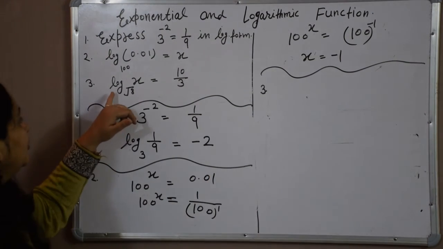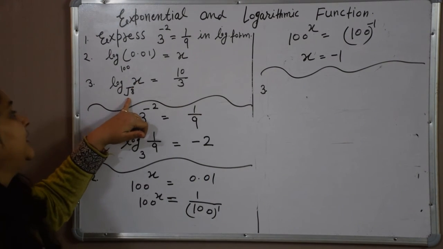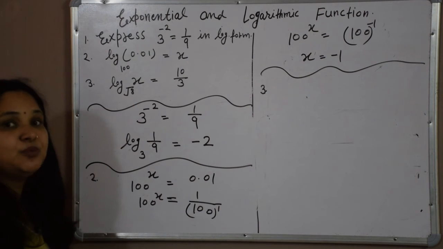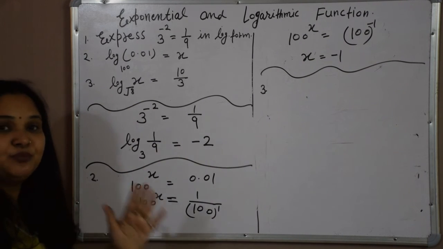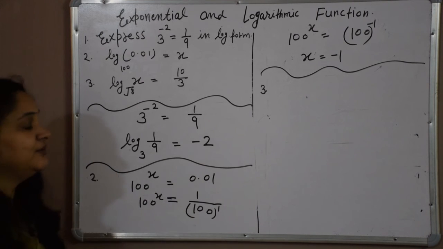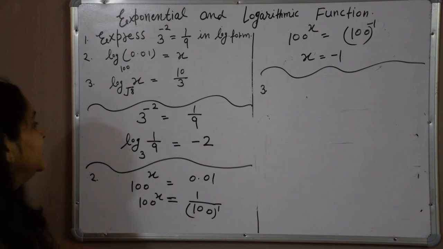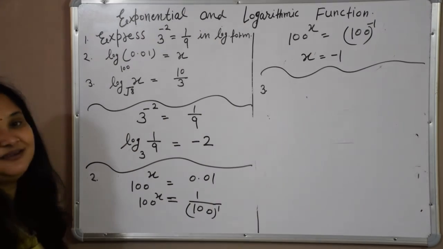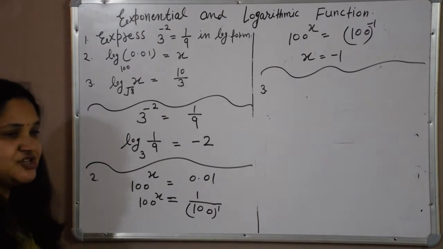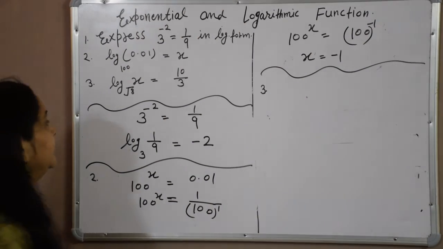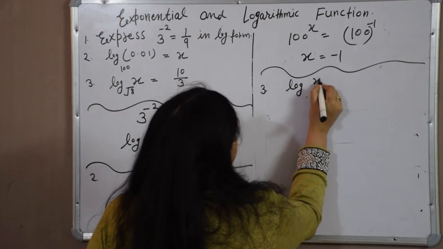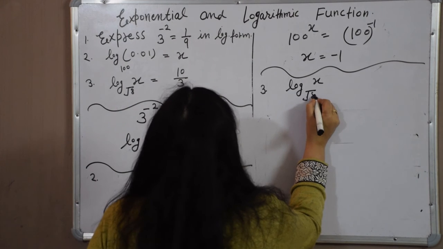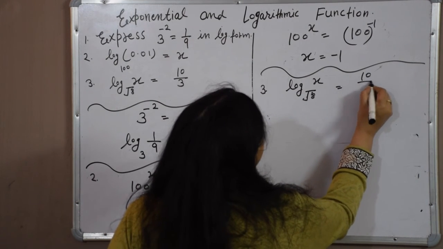We have to find log of x to the base root 8. Here root 8 is possible because the only condition for the base is that it should be positive and it should not be equal to 1. It is positive, so it is irrational, doesn't matter. We can take irrational, rational, real. So first of all, our question is log of x to the base root 8 is equal to 10 by